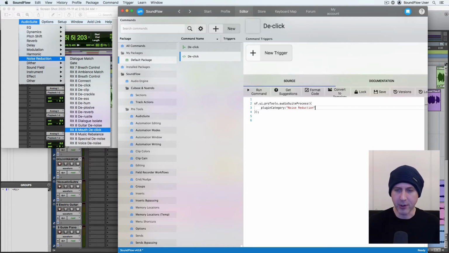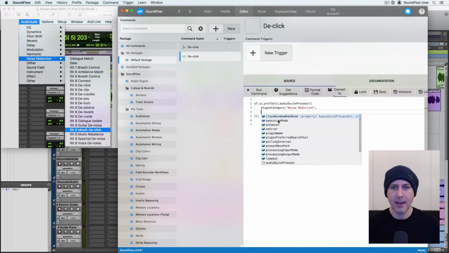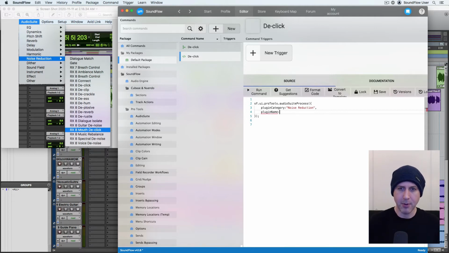And then after that, we put a comma. And then, as you can see here, the plugin name is RX8 Mouth Declick. So if we click on the next line here, after putting a comma there, it's really important you have a comma there or else it won't accept another property. So if we press F2, we can choose plugin name, put a colon, and then quotes again, and then we type in exactly letter for letter, capital RX space 8 space mouth declick,